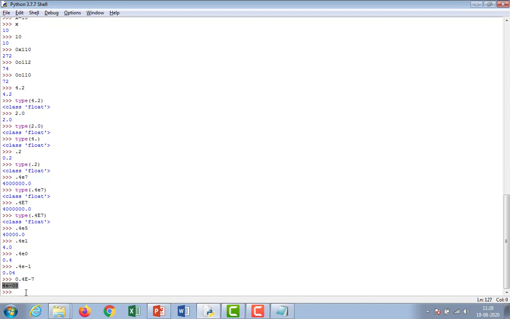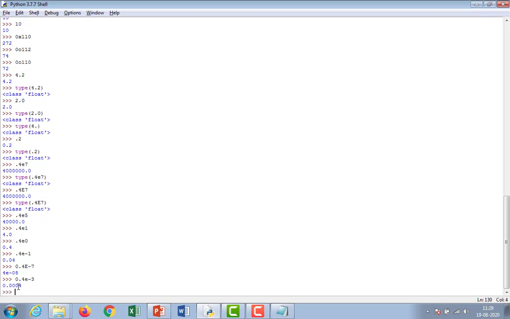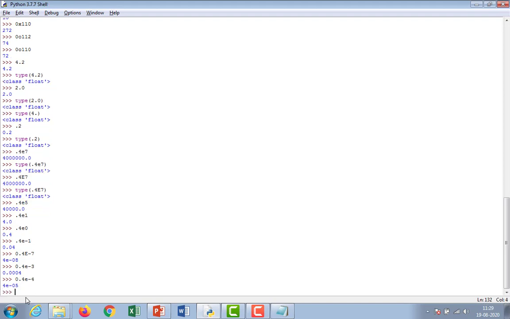See this one, up to which number is it going to display? 4e minus 3, it is going to display 0.4e minus 4, it is not going to display.